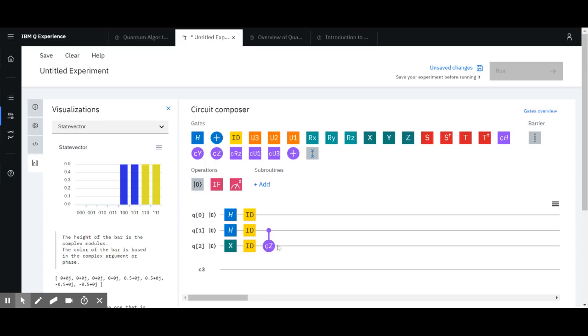So we break that Z gate down into something, which in this case is an identity and a control Z, and we apply it to this, our input, which is a qubit in state 1. But effectively what this has done is it has created